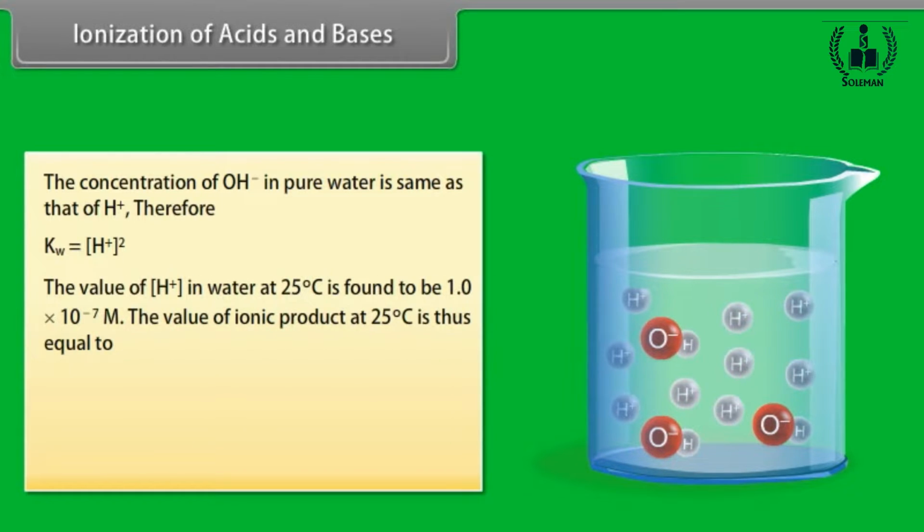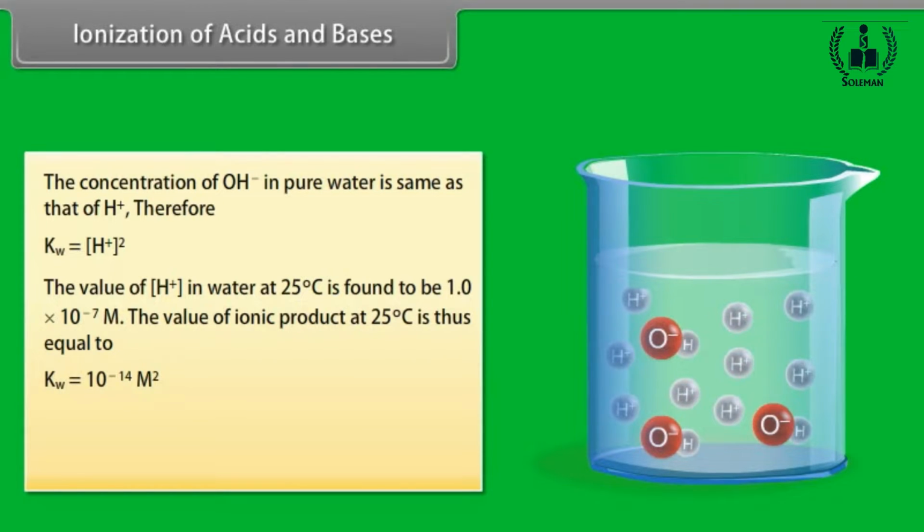The value of H+ in water at 25 degrees Celsius is found to be 1.0 into 10 raised to the power minus 7 M. The value of ionic product at 25 degrees Celsius is thus equal to 10 raised to the power minus 14